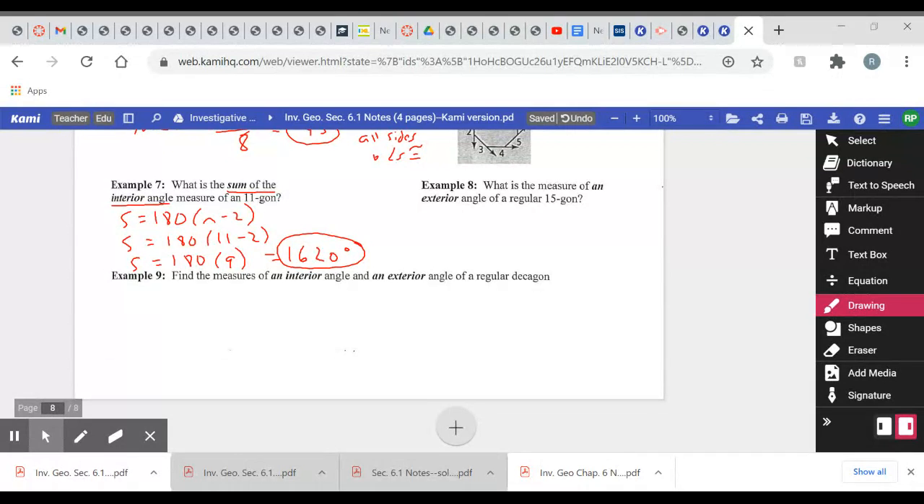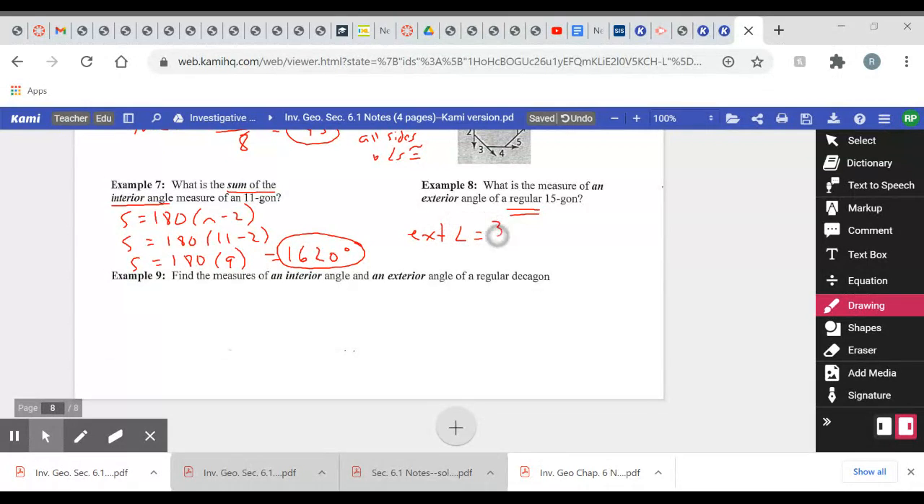Example 8 says, what is the measure of an exterior angle? So here it's not saying what is the sum of the exterior angles, which we know would be 360. We want to know what just one is. It is telling me it's a regular polygon, and we can see the polygon is a 15-gon, so it has 15 sides. So to get the exterior angle,